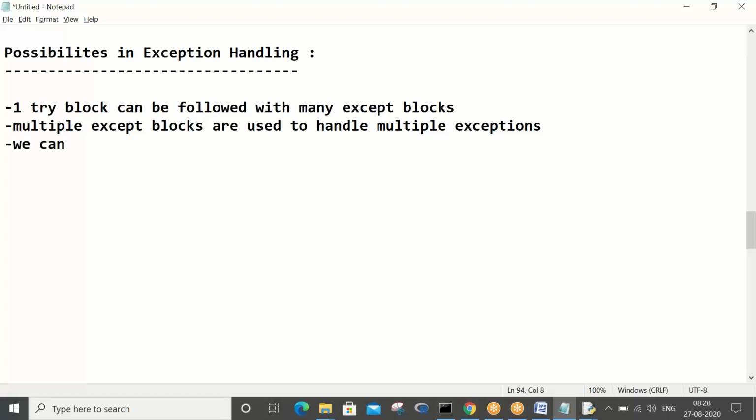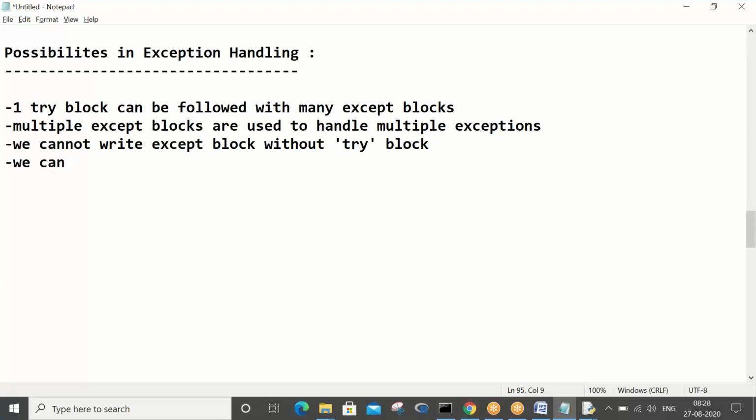We cannot write an except block without a try block. So try is mandatory. We cannot write multiple except blocks without a try block.